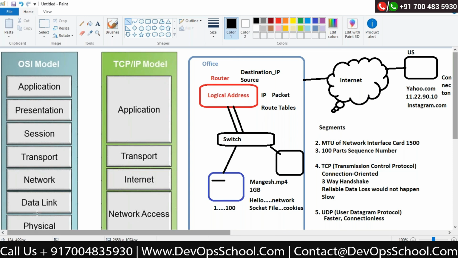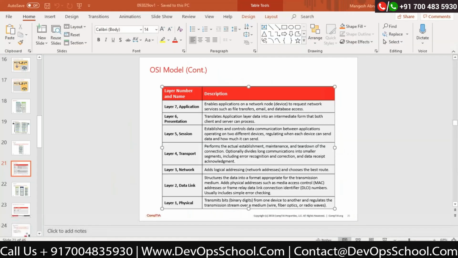They will ask multiple questions in multiple ways on the OSI reference model. Is that clear? Any doubts in this? Okay, this is what we have.